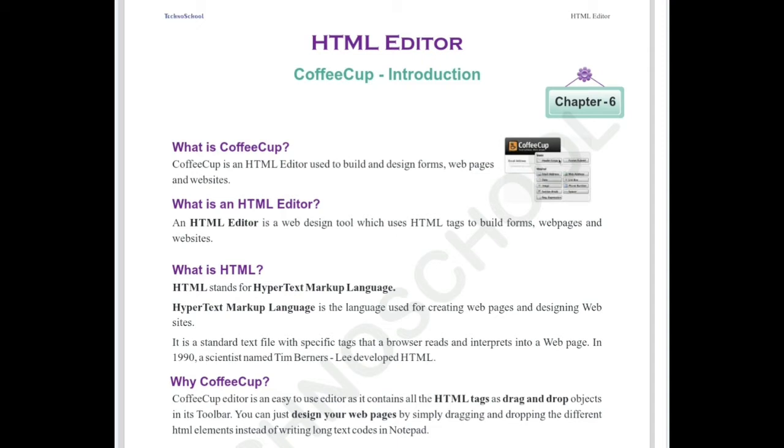So this is the software editor used to create simple web pages. You can easily create your own websites by dragging and dropping the controls in that software. You don't need to write any programming statements in Notepad or lengthy programs. You don't need to spend much time creating web pages. Very easily you can create web pages using this editor.